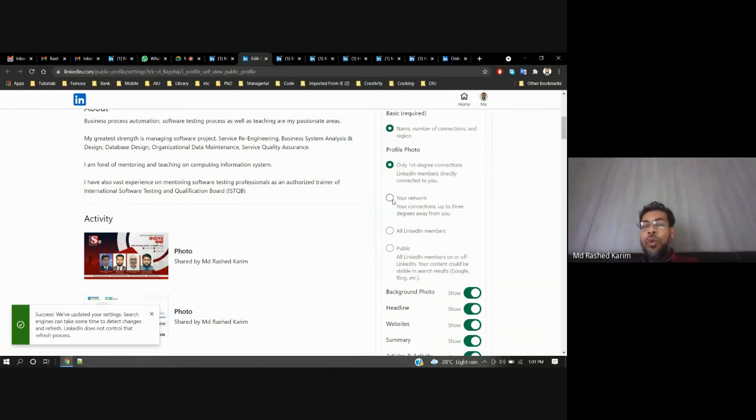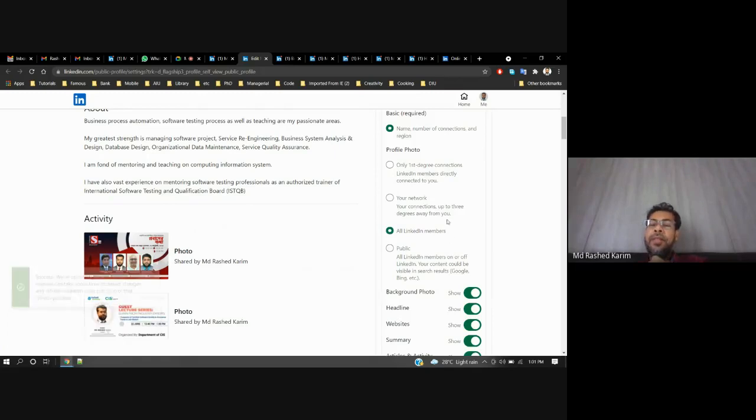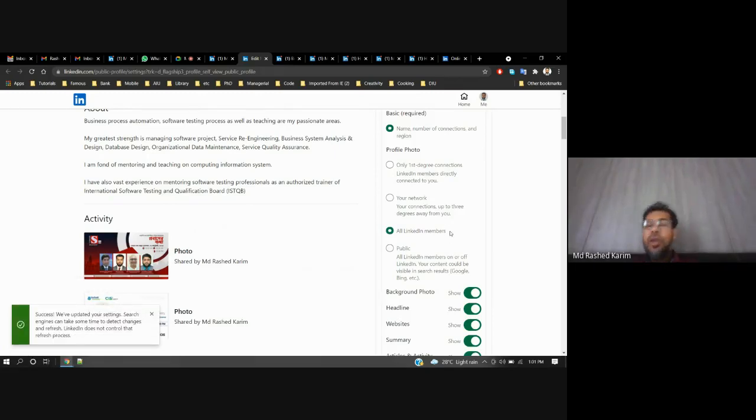If we put network, that means the connection will be up to 3 degrees, not more than that. Up to 3 degrees is called your network, because at least people up to 3 degrees will see you. And if you put all LinkedIn members, that means whether you are a friend or beyond the 3 levels, they will also see you.